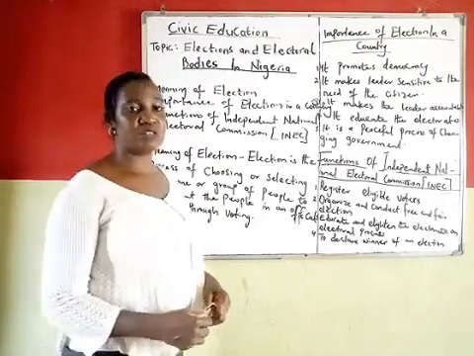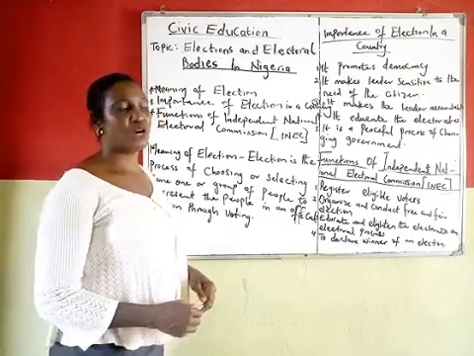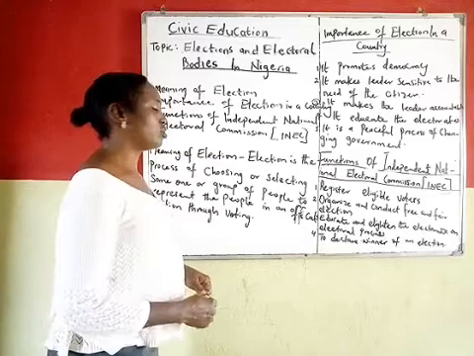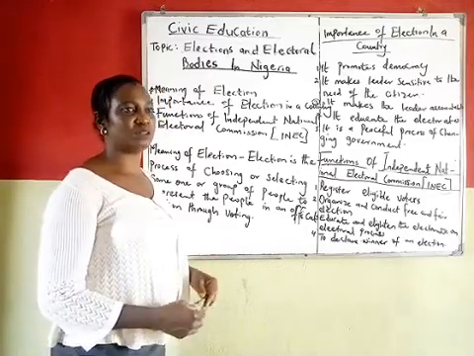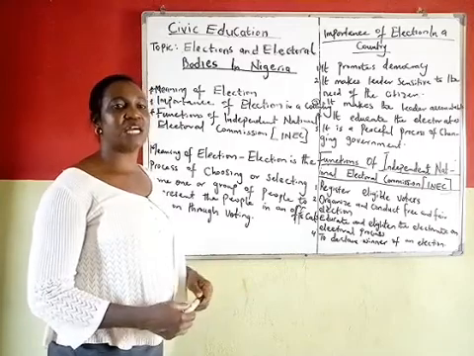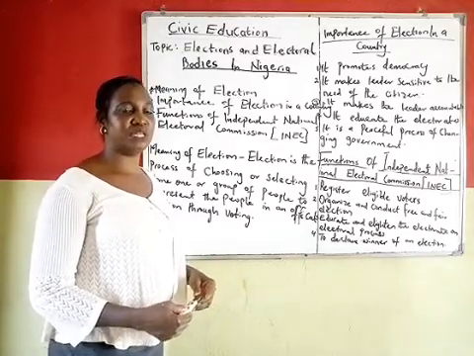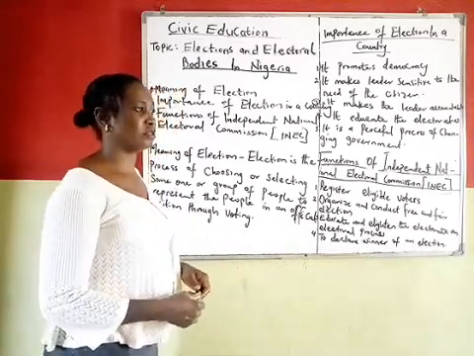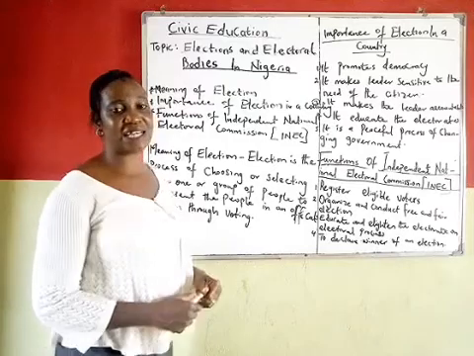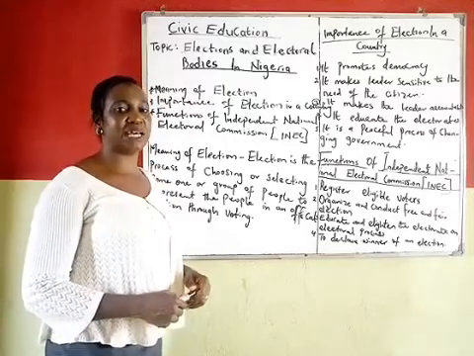So we also talked about some features of democracy, where we said that democracy entails regular and periodic elections. Taking for example Nigeria, where every 4 years a new leader will be elected or voted for in a country. So today, like I said last time, we'll be talking more about the